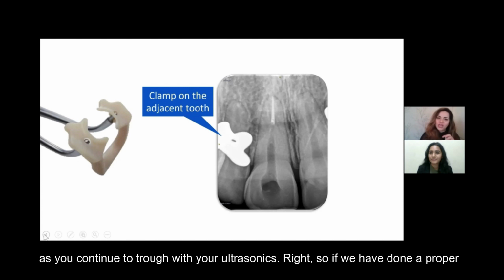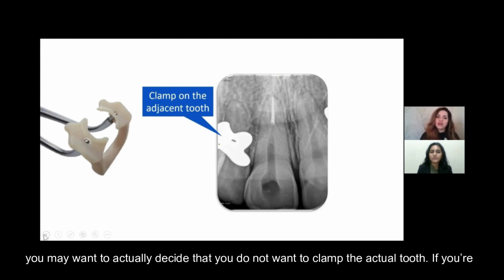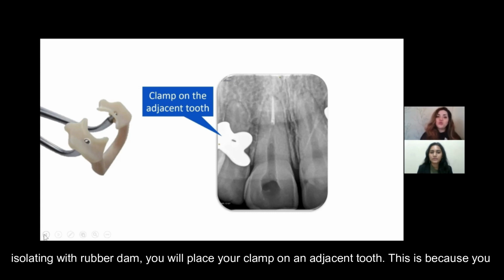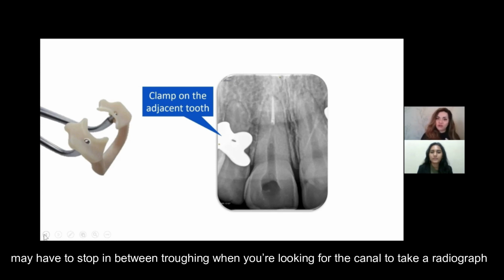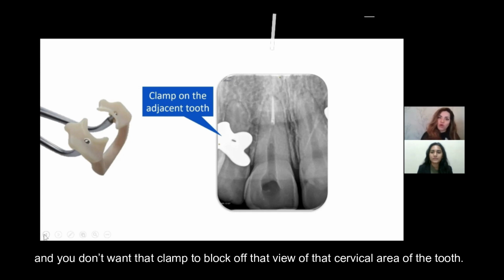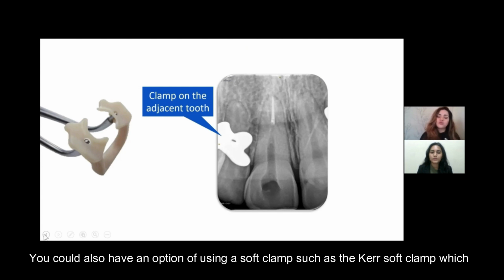Right. So if we have done a proper pre-assessment of the radiograph, we would anticipate a case that is calcified. In which case you may decide that you do not want to clamp the actual tooth. If you're isolating with rubber dam, you would place your clamp on an adjacent tooth. This is because you may have to stop in between troughing when you're looking for the canal to take a radiograph, and you don't want that clamp to block off that view of the cervical area of the tooth. You could also have an option of using a soft clamp, such as the Kerr soft clamp, which